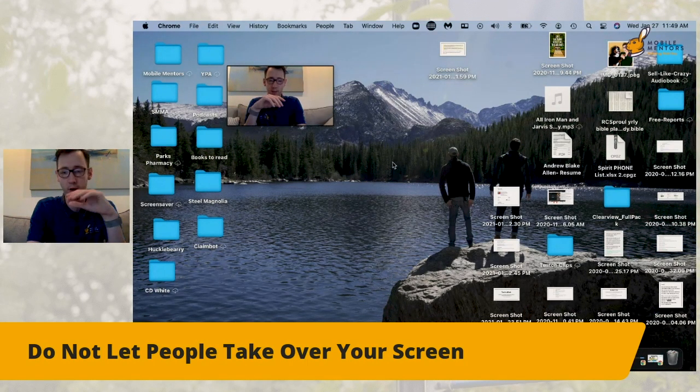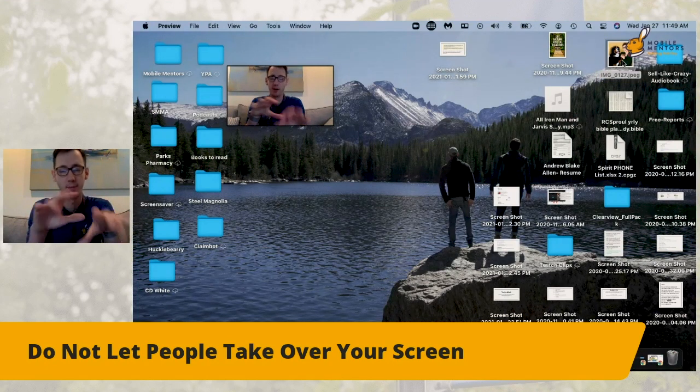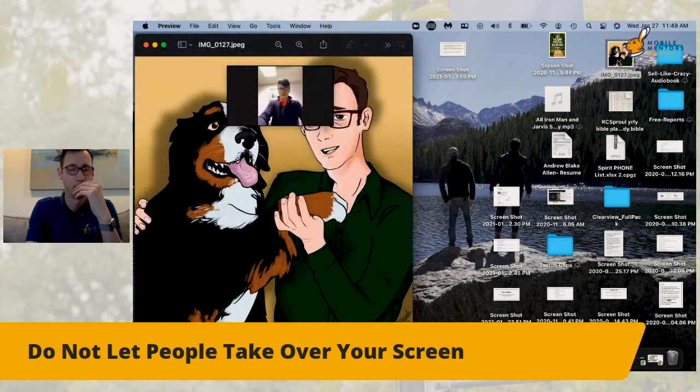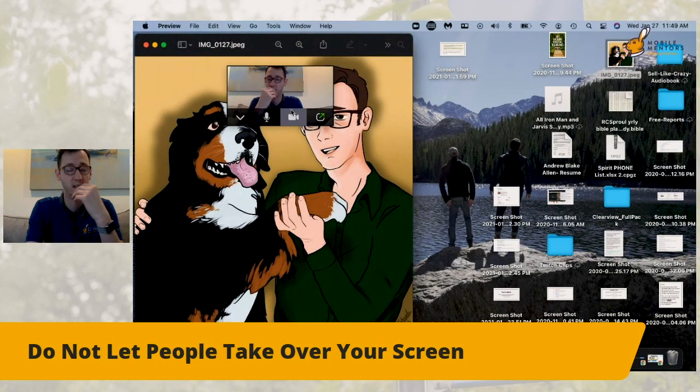So let's say that I'm working in something else and I need to click on something and pull it up, like this photo of me and my dog I had somebody draw for me, and I'm looking at that, or I'm pulling up a document while I'm at work. I now can see not only myself, but David just joined. And so when I start talking, it pulls up my face. But when David starts talking,